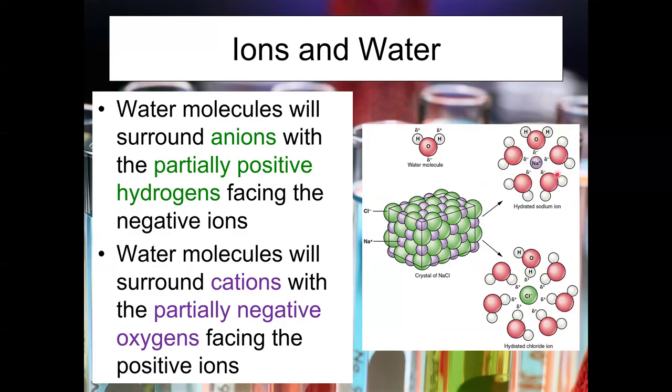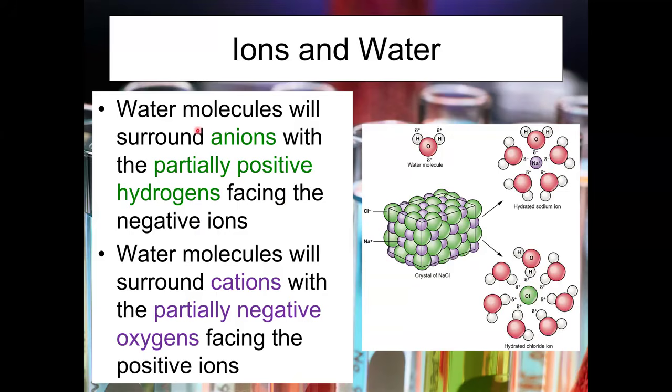Why? Because the oxygens are the negative part of the water molecule. And then the chloride ions, when they get solvated, when they get surrounded by water molecules, get surrounded by the hydrogen part of water because those are the partial positive part of water. That is where the positive is. And that positive is attracted by the negative. Remember, opposites attract. It's magnetism. So when water gets attracted to the chloride ion, which is negative, it's going to be attracted with the hydrogens